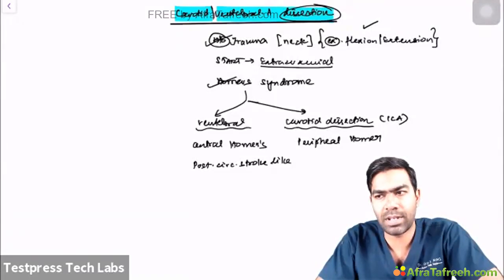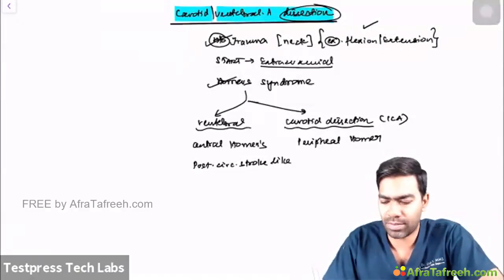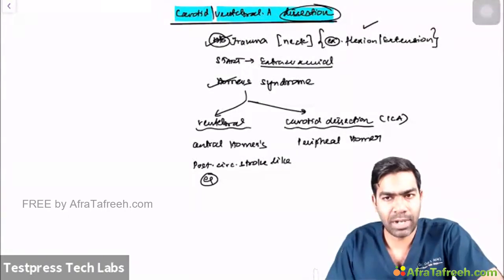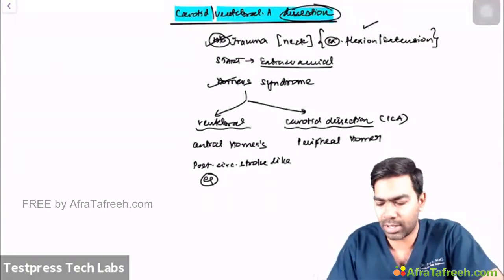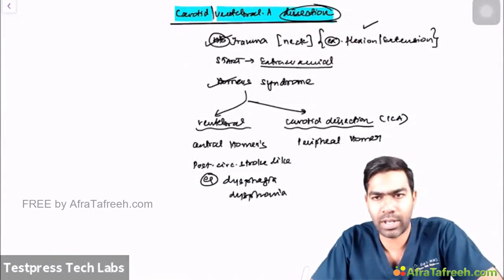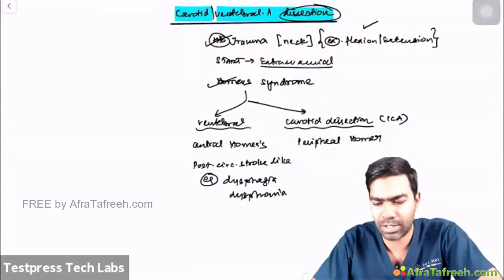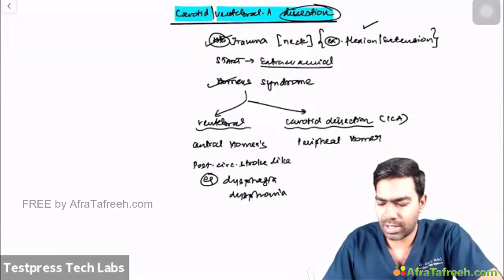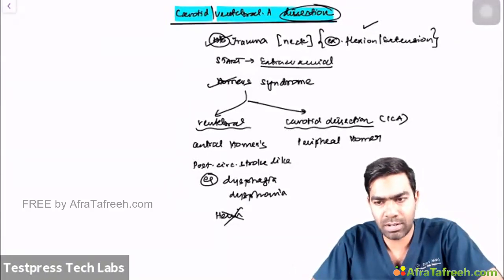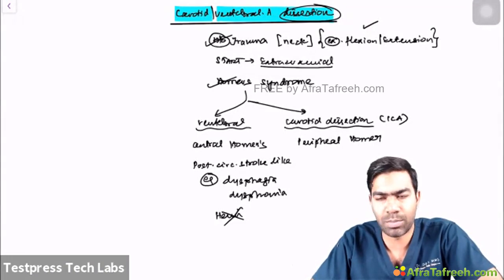Most of them, they'll be present like a lateral medullary syndrome-like feature. For example, they'll be having multiple cranial nerve deficits, especially the bulbar cranial nerves. Like for example, they might come with problems in voice production, dysphonia, problems in swallowing, that is dysphagia. They can come with this kind of picture. But hemiparesis is generally very rare. Hemiparesis is not a usual feature of a vertebral artery dissection